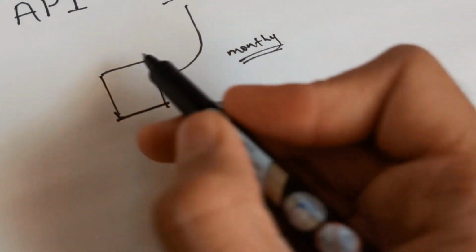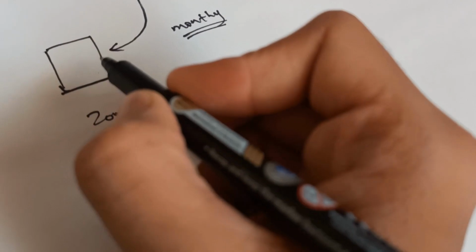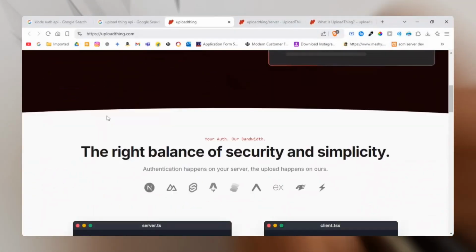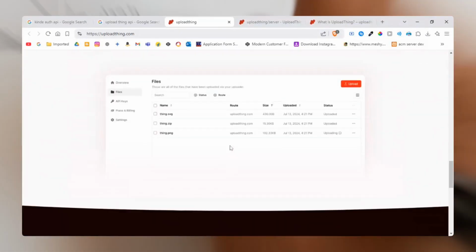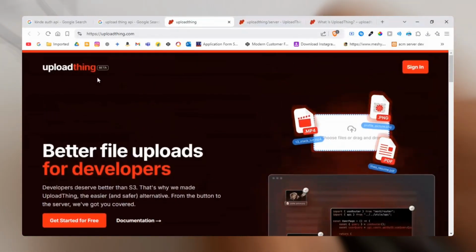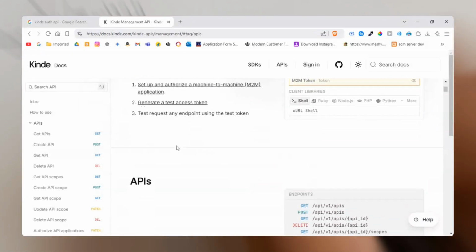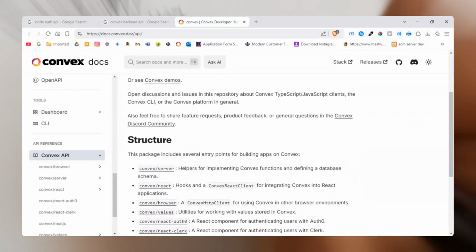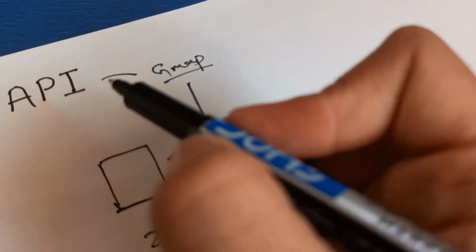Not only the Google Map services, you can use any other services. Suppose you want to integrate file upload services into your application, you can use the API for UploadThing file upload services, where you can use 2 GB for free, and other services like authentication or Convex, a backend service for the backend server. Like this you can use different API services,